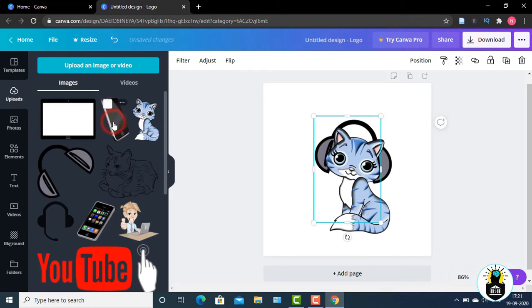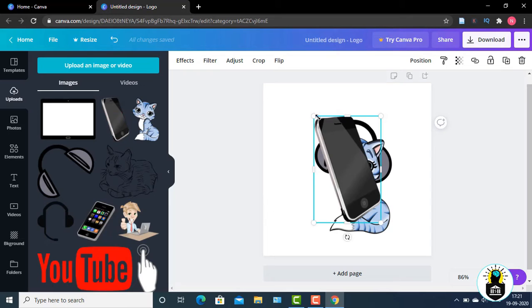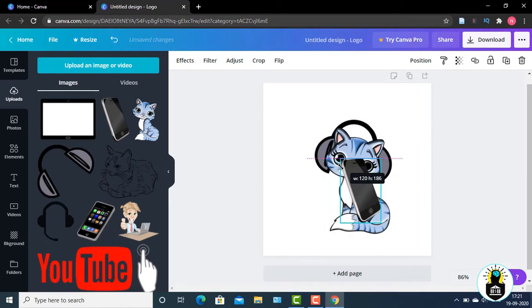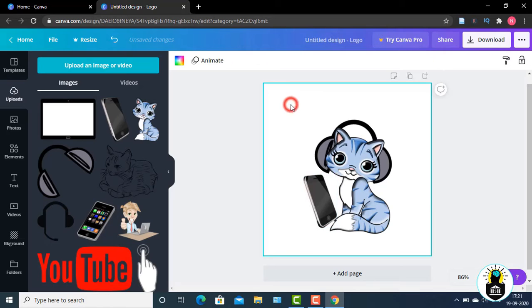Next, I will add a mobile phone and then try to adjust it in front of the cat to give a feeling as if the cat is using that phone. Now, this logo perfectly represents a tech cat.